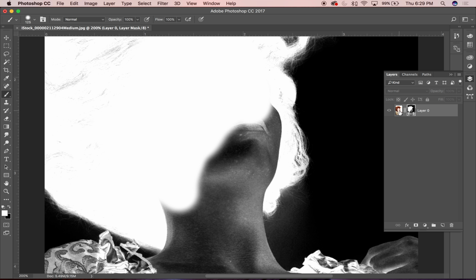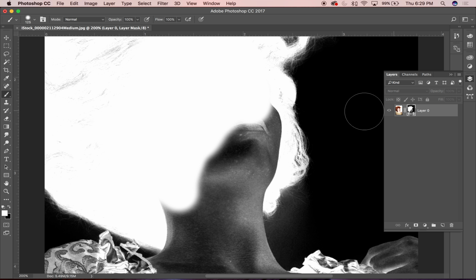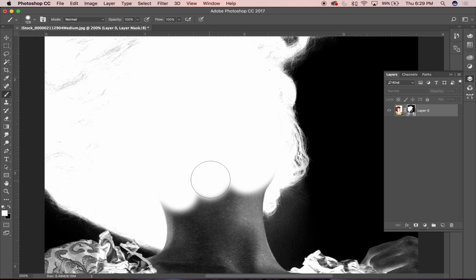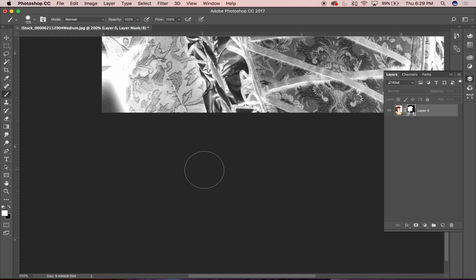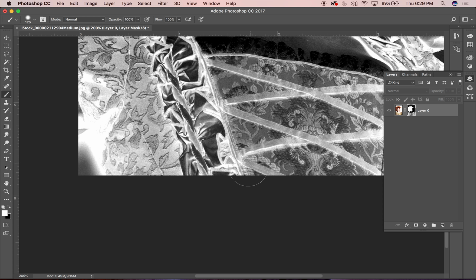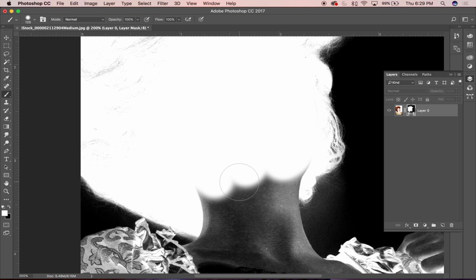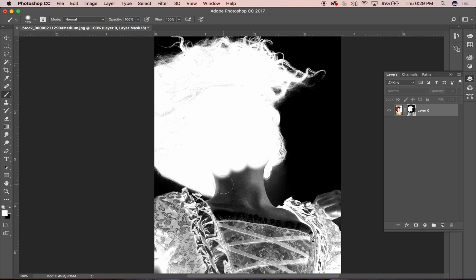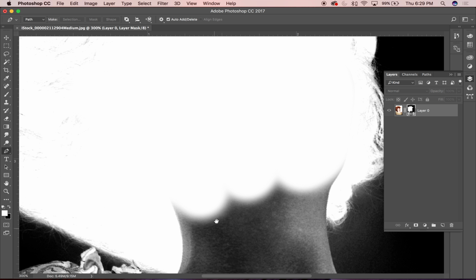So if I painted over that and I'll go back, you can see like half of her face is showing up now. So if I alt click again, I'll go back and then finish painting in the area with my brush tool that I'm going to want to keep in the image. And so here let me adjust this thing a little bit. Okay, zoom out. So here I can use other tools like my pen tool, for instance,